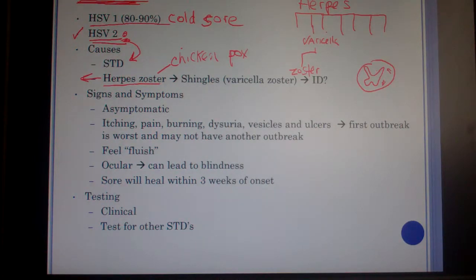In these dorsal root ganglia, back in the sensory part of the spinal cord, the herpes zoster or chickenpox virus will actually go and hide in there, and it'll hide in these areas for many, many years until the patient might become immunocompromised. If the patient becomes immunocompromised years later, then that varicella zoster virus that was hiding out there will follow